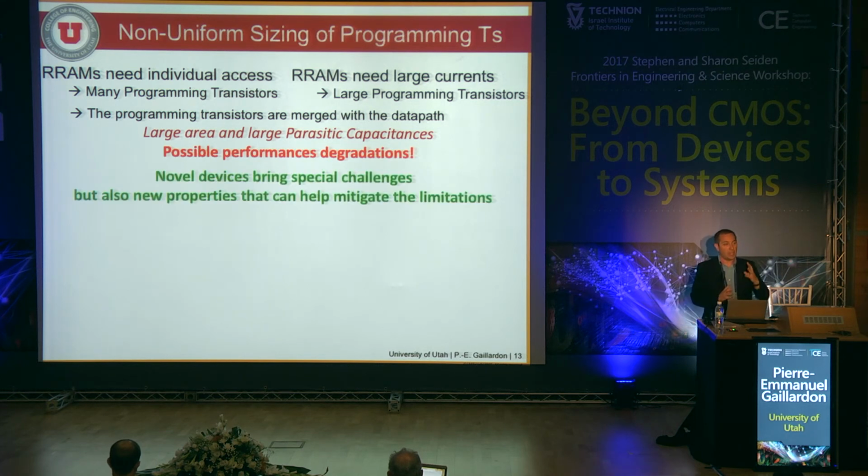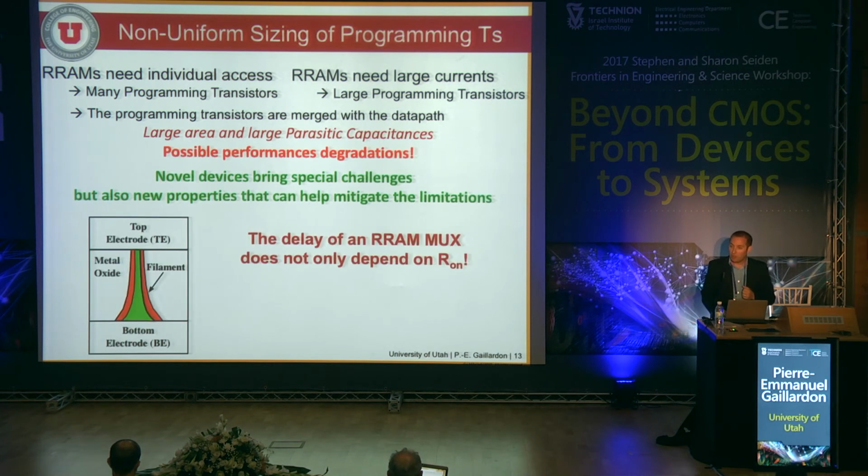And here's an interesting effect of resistive RAMs. These novel devices are bringing specific challenges. That's one of them. But they have new opportunities that can help mitigate that. And with resistive RAM, what is very interesting is that the delay of a RRAM-MUX, which is actually linked to the on-resistance of the memory device,